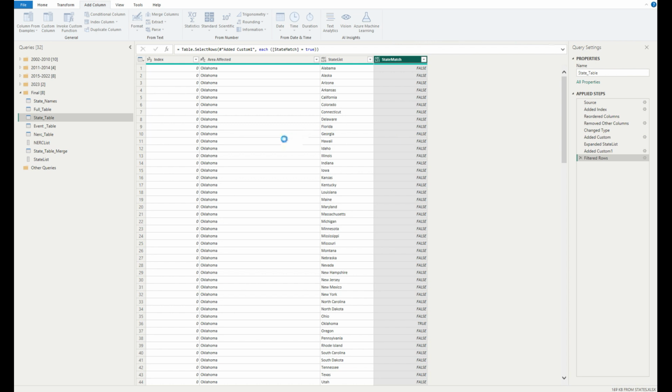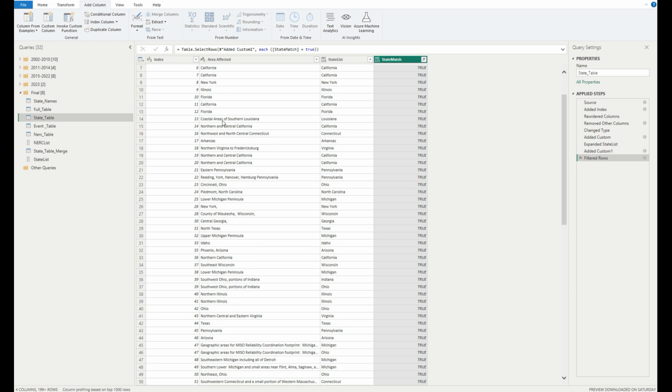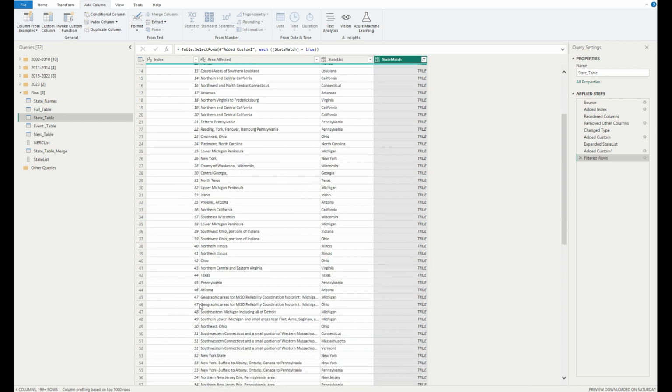And this will give us a consolidated list with our index, the area affected, and the equivalent state. So there we go for our first couple of instances. We got Oklahoma, Michigan picking up that. Maybe if we look at some central coastal areas of southern Louisiana, picking that up. Let's see, if we look further down here,